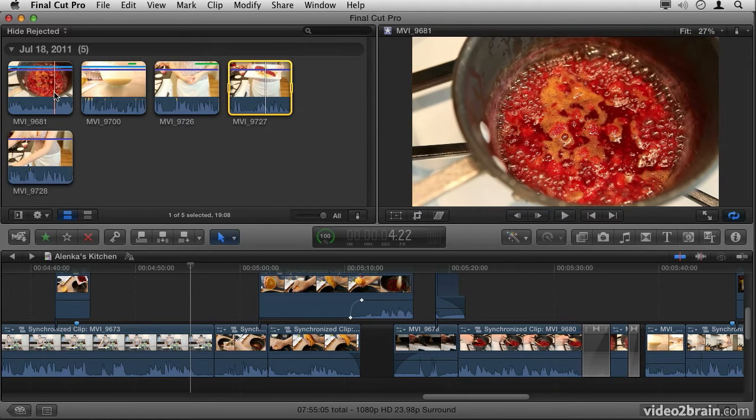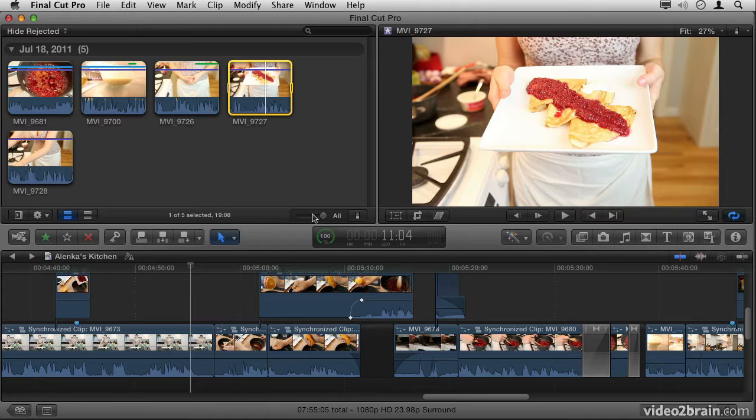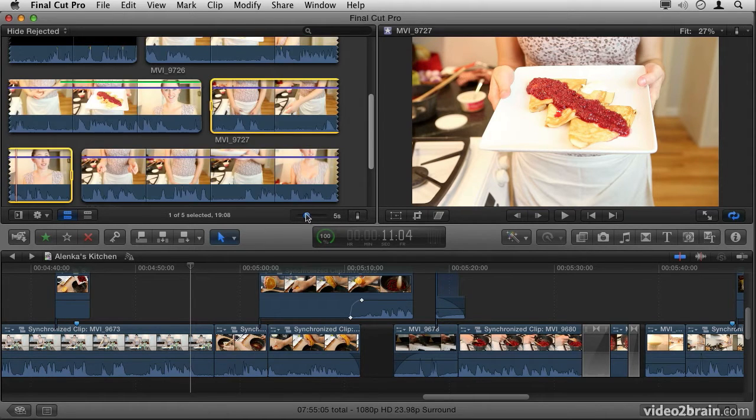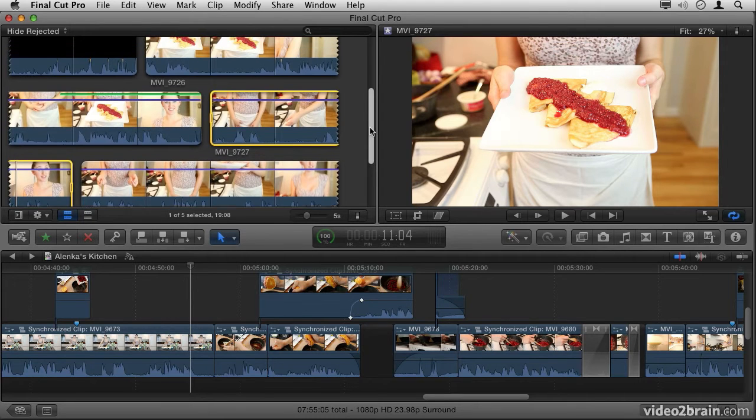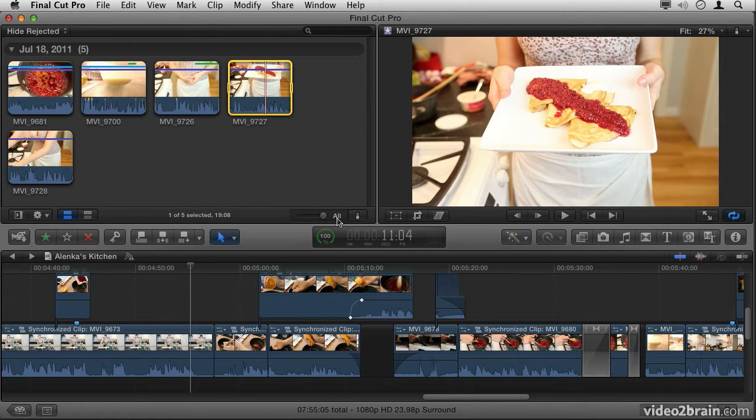How you view those thumbnails is also controllable. Down in the bottom right of that window, you'll see that there is a slider that allows you to see all of the content at once, showing you all content as a single thumbnail, or as you scroll this back, you'll see that you can start to view your content a little bit more zoomed in. Sometimes it's easier to look at the whole thing at once, or sometimes you want to get a closer look